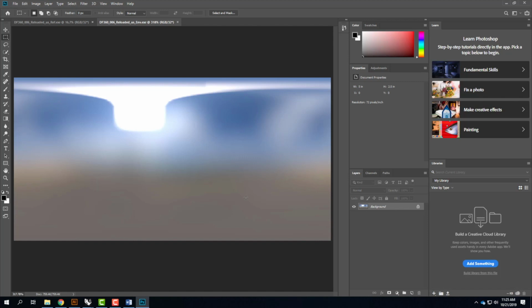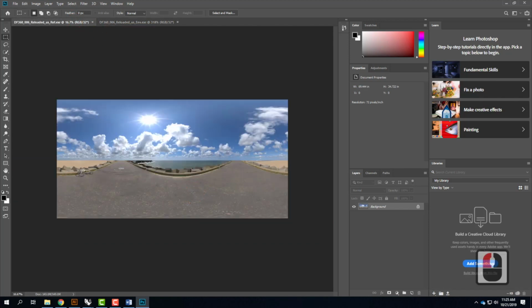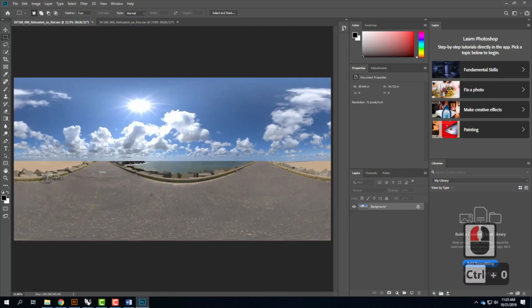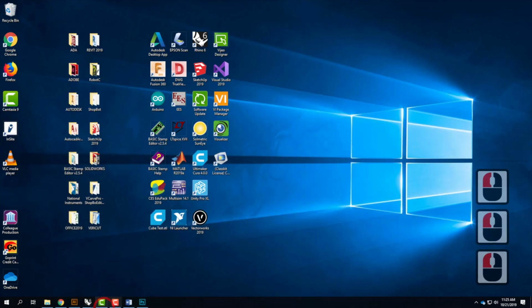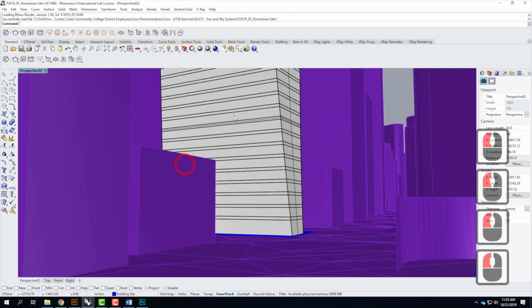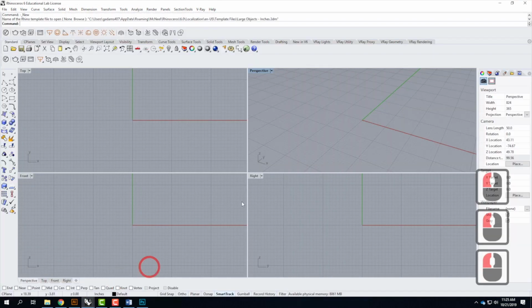So I'll walk you through how that gets used in a little bit, and I'll come back to these. There's our high resolution version of it right there. Okay, so instead of opening and starting straight away in my site file from last class, I'm going to just open up a brand new Rhino document. And I'm going to work with this HDRI as a background in this